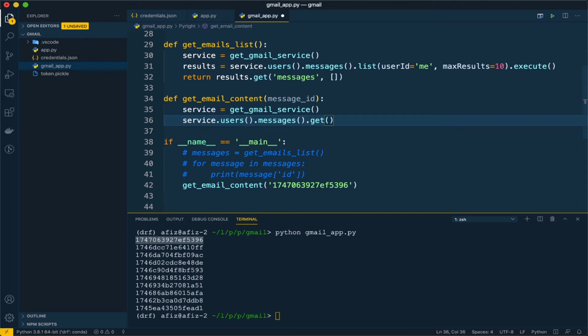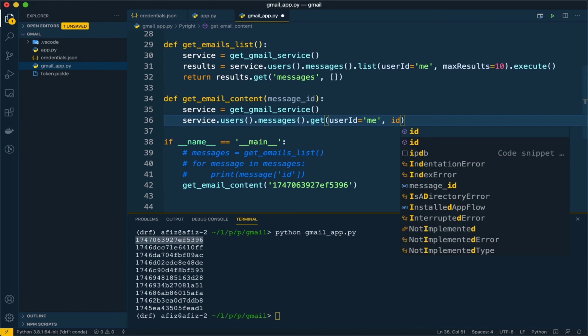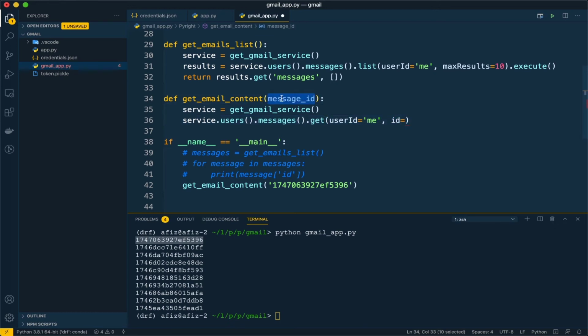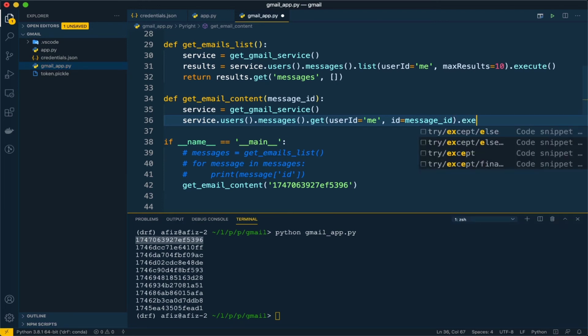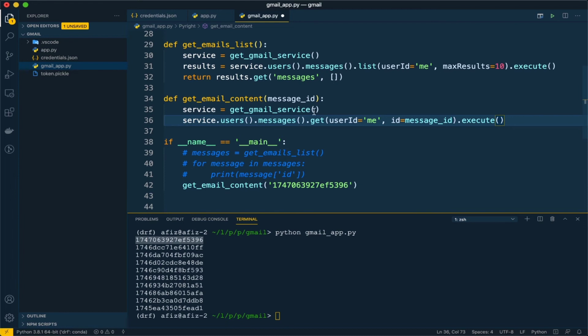List will give you the list of emails, and get will give the content of that particular message ID. First we need to pass the user ID, and then the message ID that we passed here. Then we need to execute this API call.